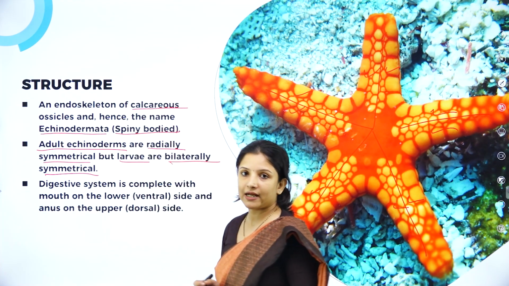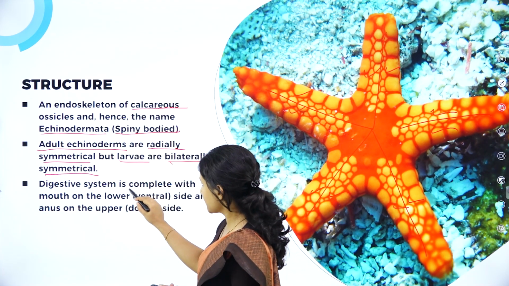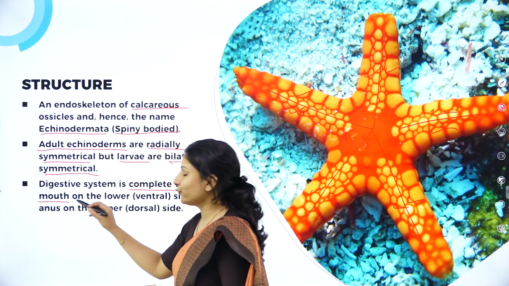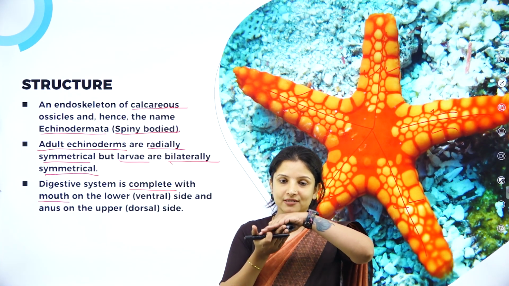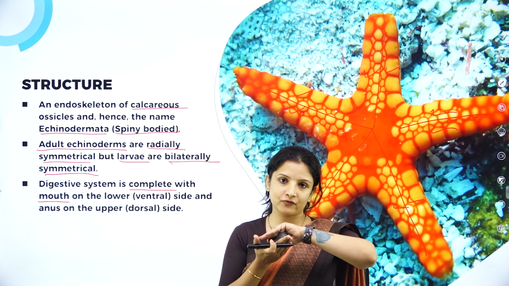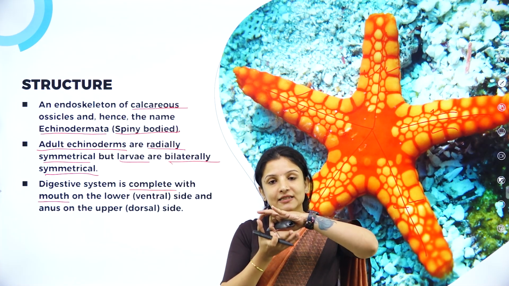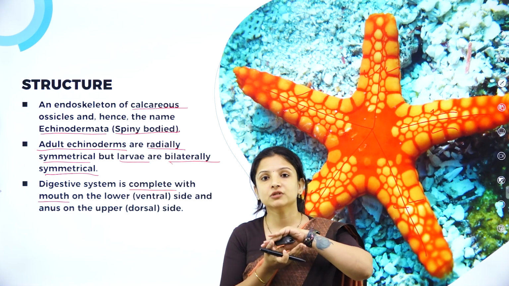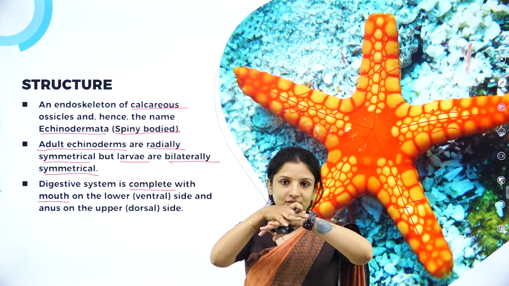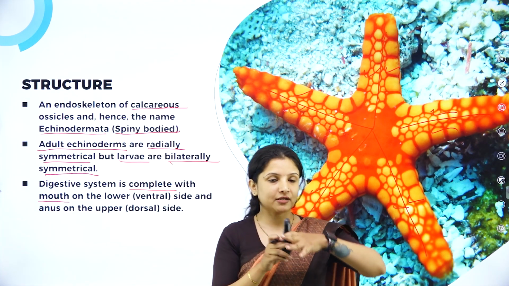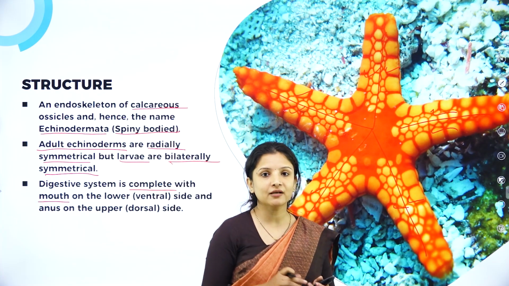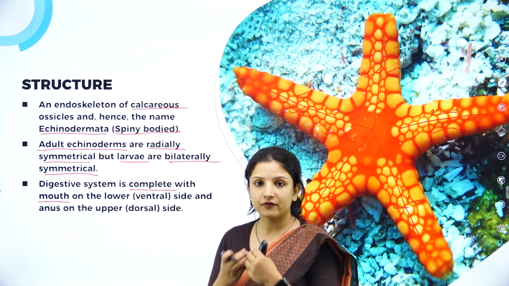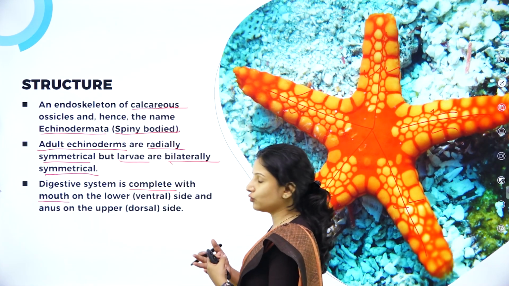Now talking about the digestive system, it is complete, wherein it has a mouth to take in food. And where is the mouth situated? At the ventral side, that is at the basal side of the organism. Why? Because it is easy for these echinoderms to capture prey and to feed on if the mouth is at the basal side. If it was at the dorsal side, it would have been difficult, right? In the top portion if the mouth is there, they can't turn over and catch the prey. It is difficult. So that is why they have a mouth at the ventral side or at the lower body side,